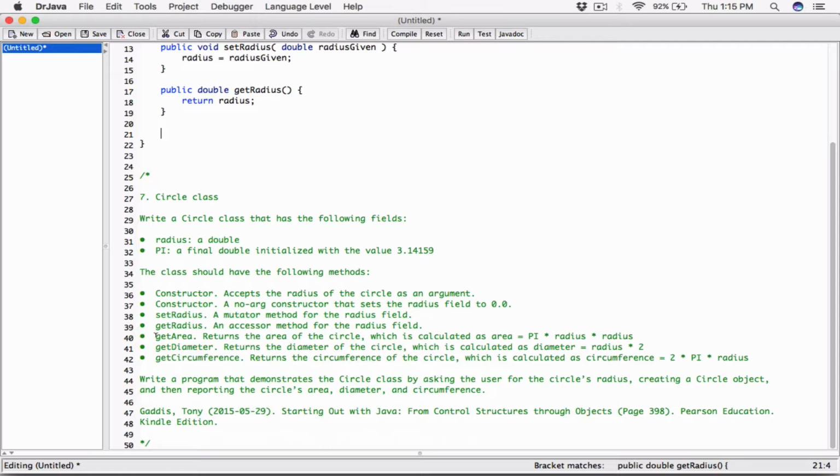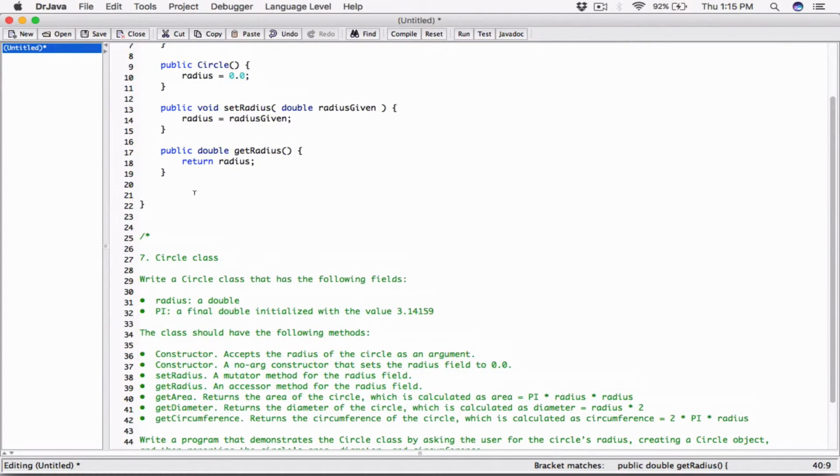Now the next thing is going to be getArea. The next method is going to be getArea. This is going to be a regular method, and getArea is going to return the area of the circle, which is calculated as area equals pi times radius times radius, right? So let's start defining it. It's also going to be a public